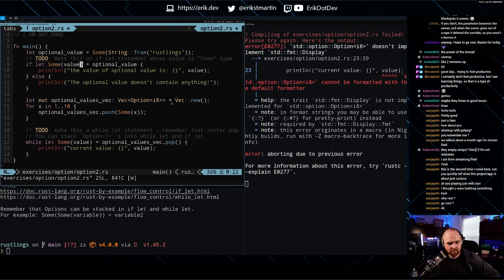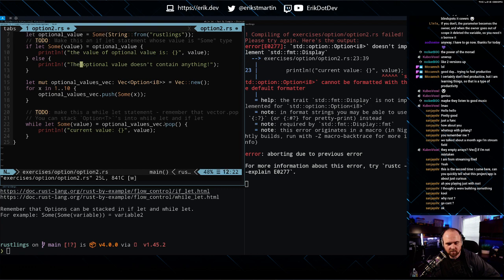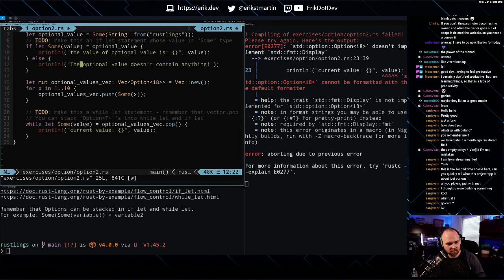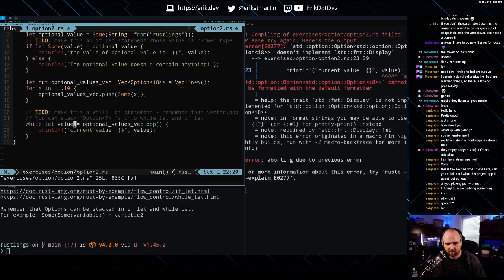Okay, so now we've got this new vector. We're pushing a number onto here. Option I cannot be formatted. What am I missing here? It's always silly stuff. Oh, so we've got like a double wrap thing.